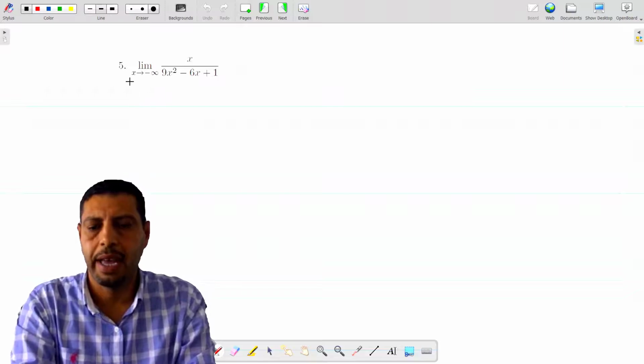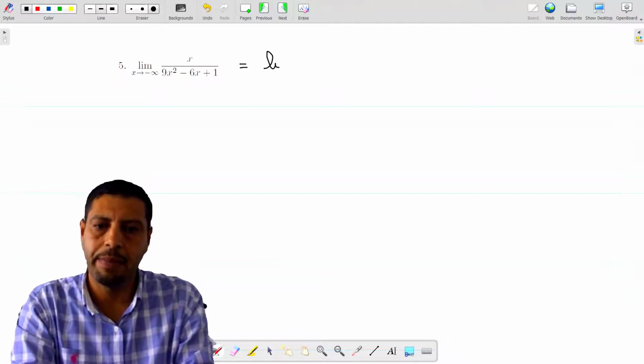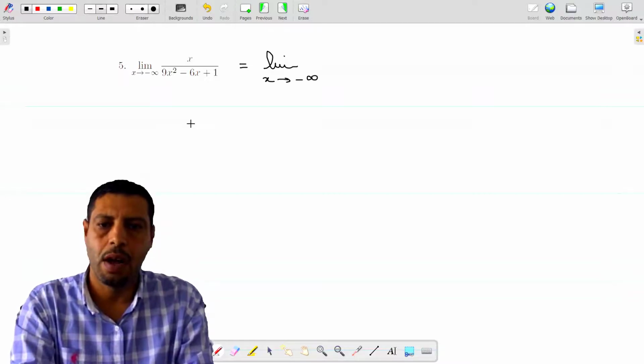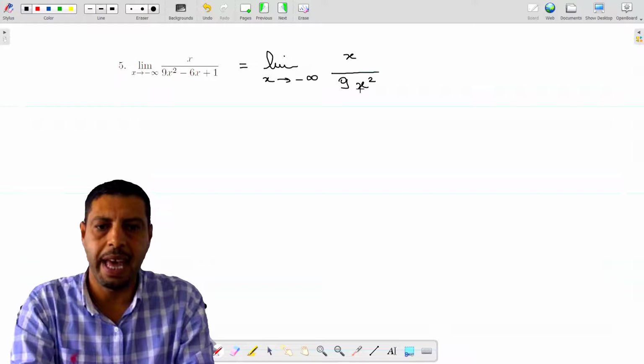For the next one, again here we have a limit at infinity, or negative infinity in this case, of a rational function. So we're going to apply the leading terms rule, and it gives the limit as x approaches negative infinity of x, which is the leading term in the numerator, over 9x squared, which is the leading term in the denominator. Here we can simplify by x, we can cancel the x in the numerator and the denominator, and we will get the limit as x approaches negative infinity